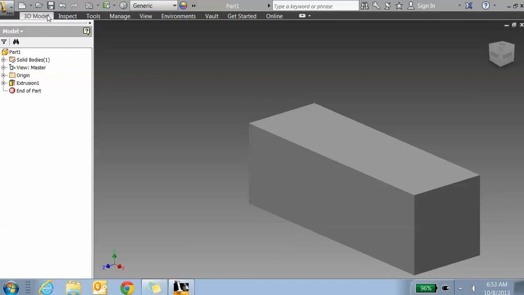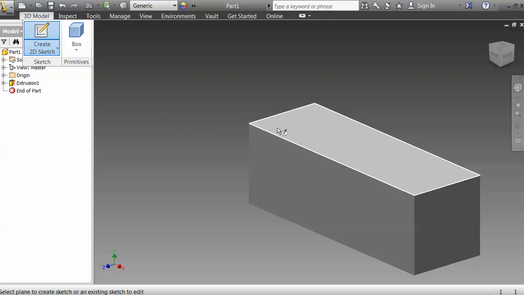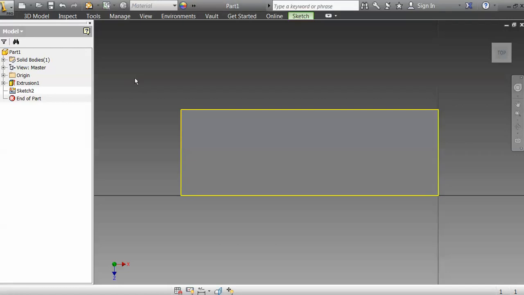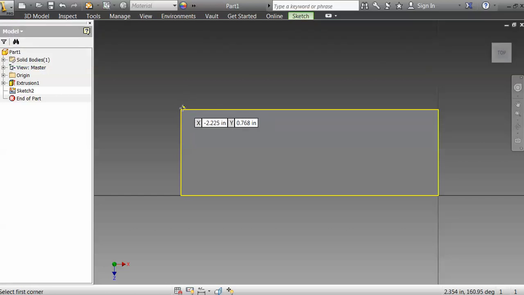What I'm going to do now is go to sketch. I've got to pick what side of this I want to do a sketch on. I'm going to pick the top. And what I'm going to do now is go back up to sketch, rectangle. The nice thing here is you notice my mouse here is yellow. It snaps. The nice thing about Inventor is it will snap to certain positions. So I'm going to click there,